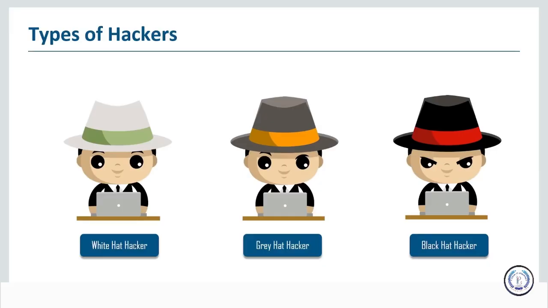On the other hand, a black hat hacker is out for the money, for the thrill. It's really criminal activity. And a grey hat hacker is somebody who may employ the tactics and techniques of a black hat hacker, but has a white hat focus. They're going to do things that may be malicious and destructive in nature, but the reason they're doing it is to improve the security posture of an organization that they are working with. There's actually a book called Grey Hat Hacking. It's a pretty good book and it details a lot of the tactics, strategies, and techniques we'll be going over in subsequent lessons in this video.